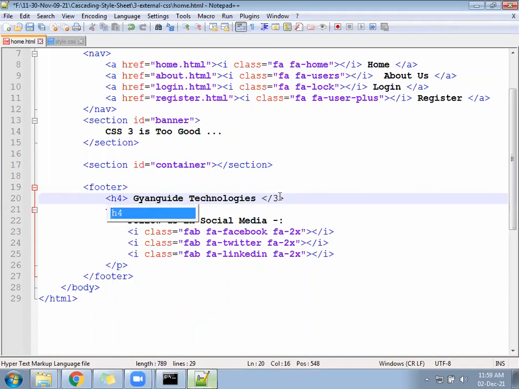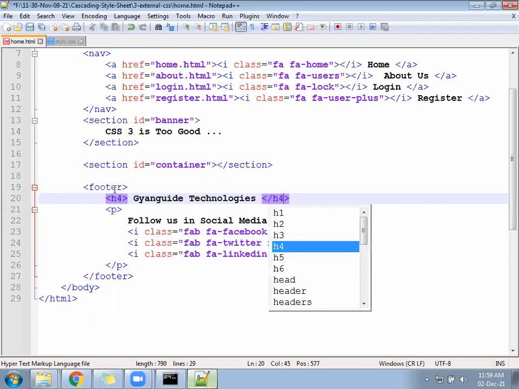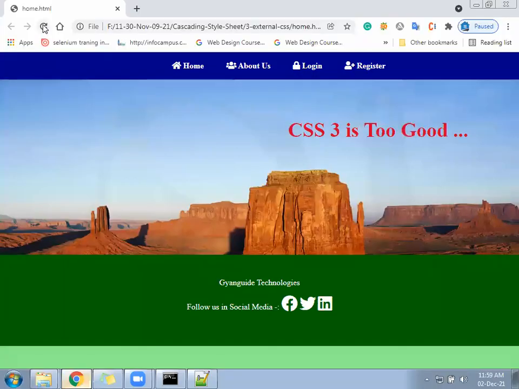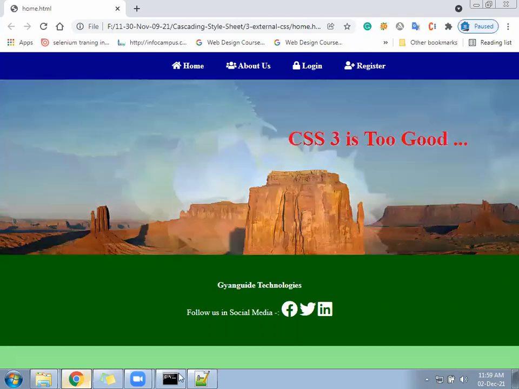A little bigger it should come. Okay, so the footer section is ready.